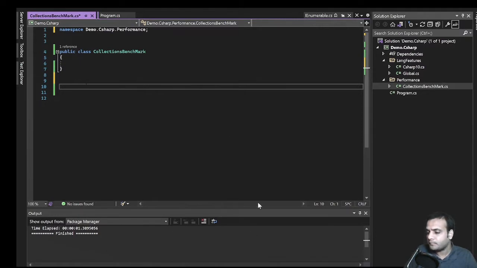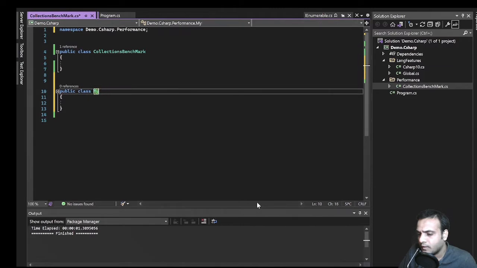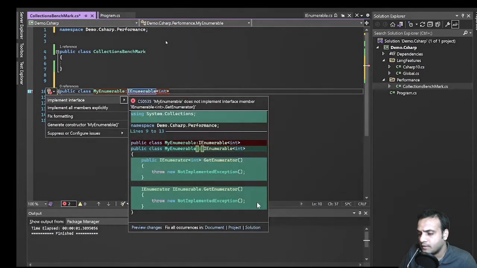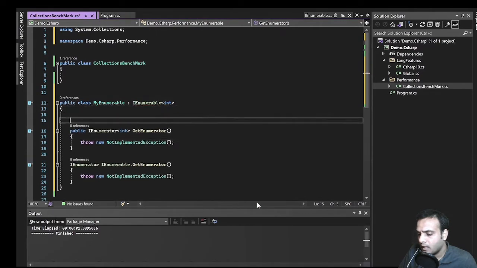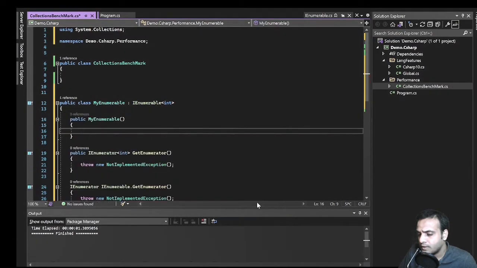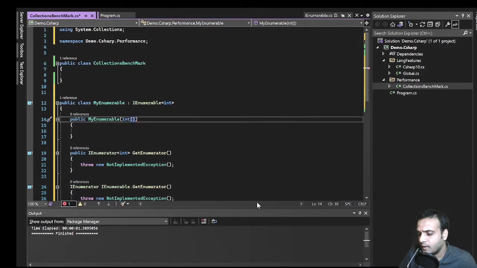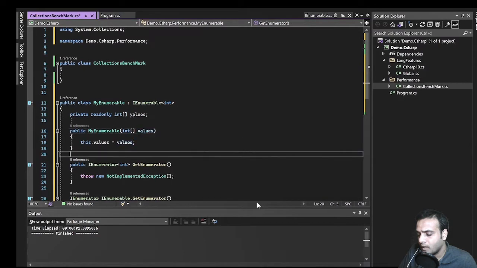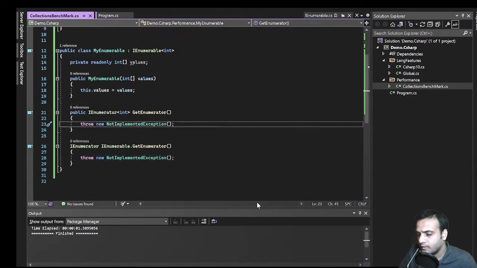So I'm going to create a public class, and I'm going to name it my enumerable, and inherit this from IEnumerable. Pass in the type as int, implement all interfaces, and now I'm going to create a constructor here. Inside the constructor I'm going to pass in an array of int, and initialize the field. Once I've initialized the field I'm going to go to GetEnumerator and remove the default implementation,